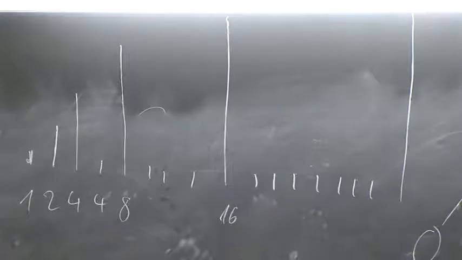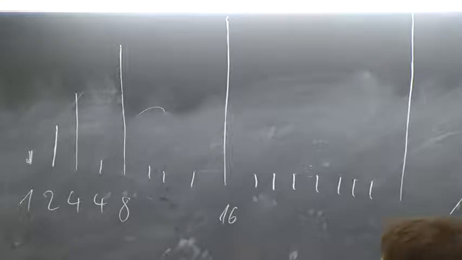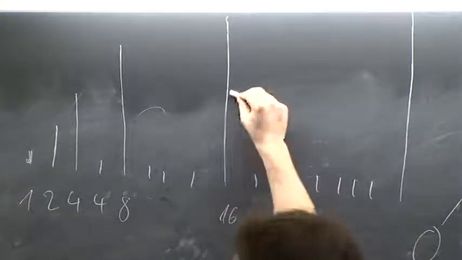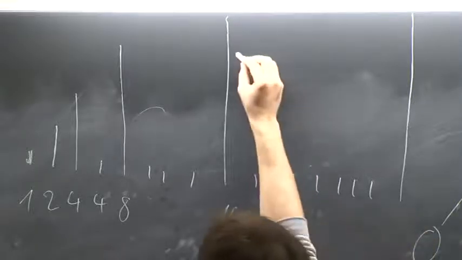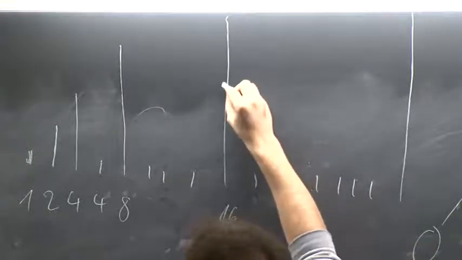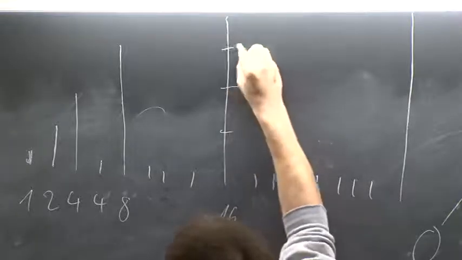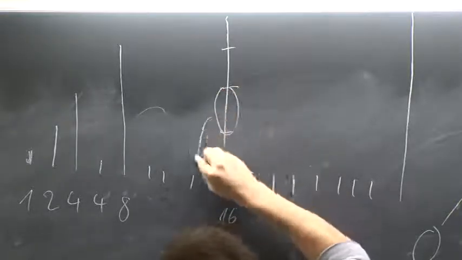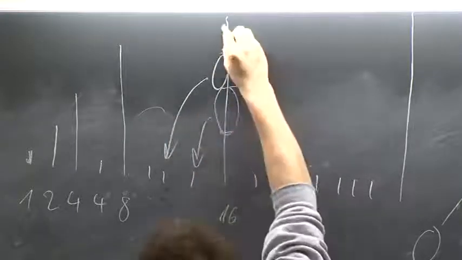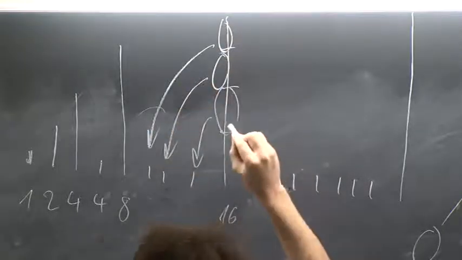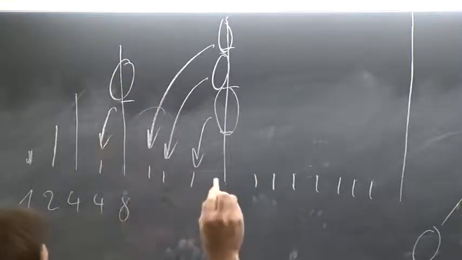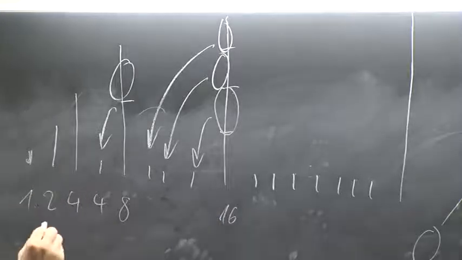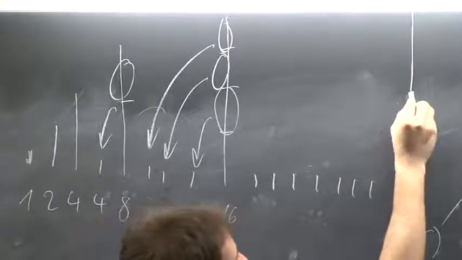So the idea, someone said dampening. I like dampening because the idea behind amortization is that you have these big costs and they don't occur very often. So you can think of it as taking these big costs and chopping them up. For example, I'm going to chop this up into 4, and I'm going to take this piece and put it here, this piece and put it here, this piece and put it here. And then I'm going to chop this guy into 2, and take this piece and put it here. The beginning's a little bit weird, let's not worry about that. But this guy, if I chop this guy up into 8,